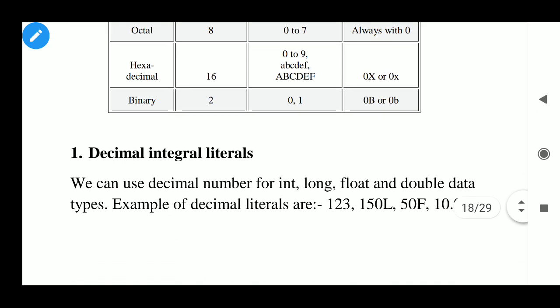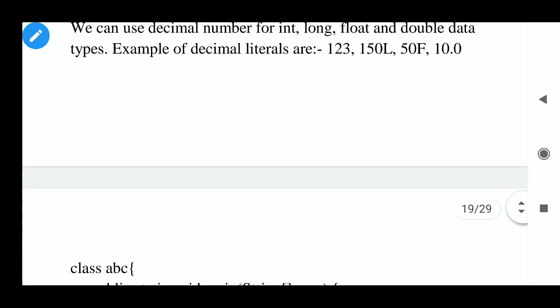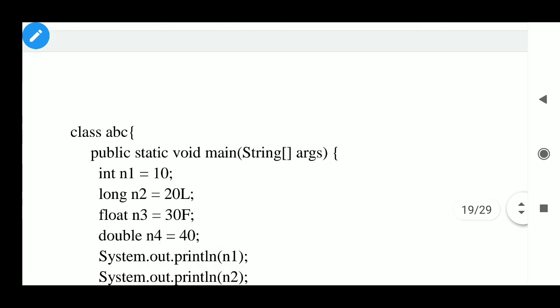Now decimal integer literal. We can use decimal numbers for int, long, float, and double data types. Examples of decimal literals are 123, 150L that is long, 50F float, 10.0. So class ABC we have used here.